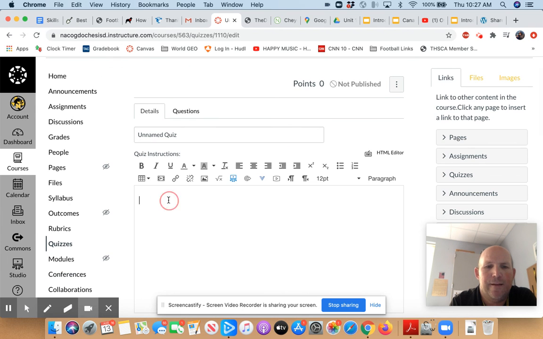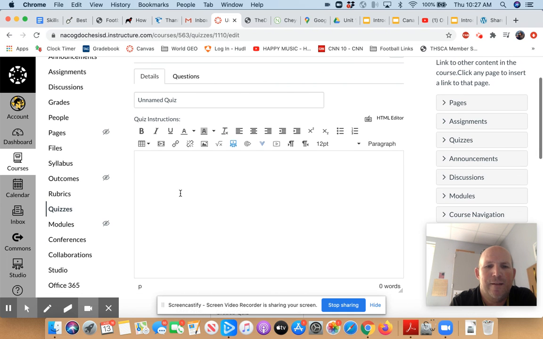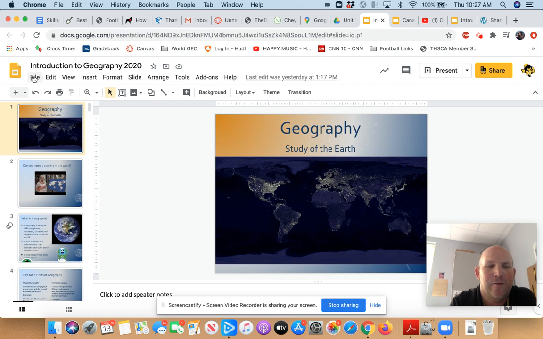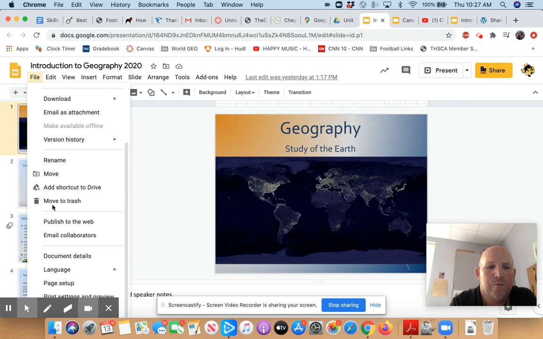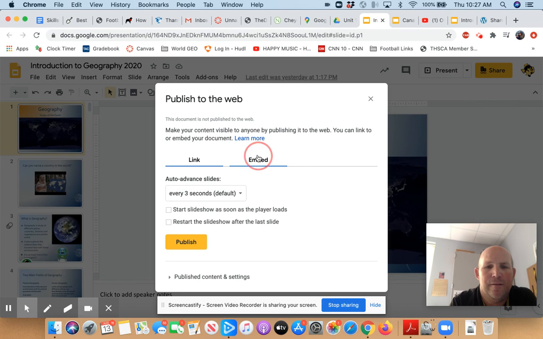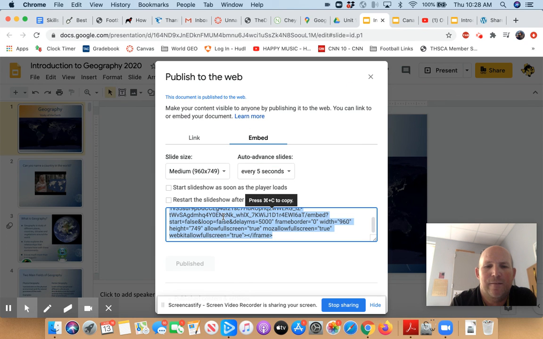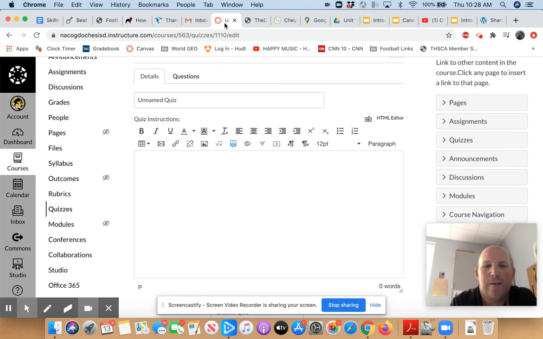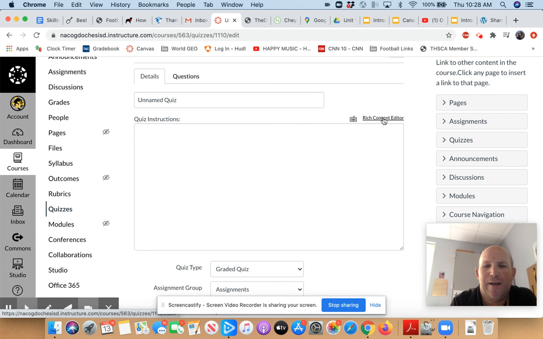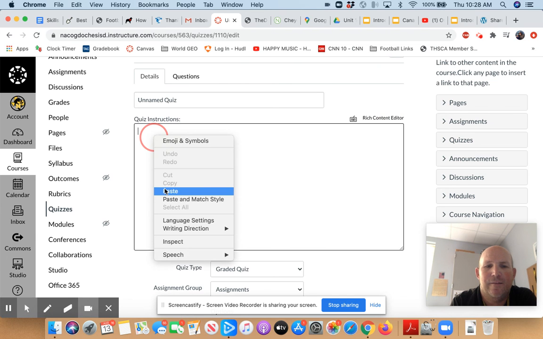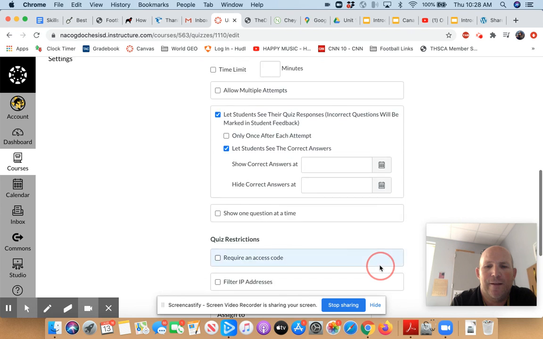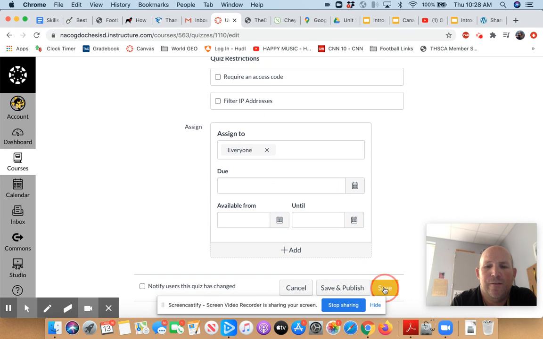If I take anywhere I can have any kind of little text box, if I go to my Google Slides and say I'm going to take this introduction slide I have, I want to go to File, to Publish to Web. You can change your settings here, however long it changes. That doesn't really matter. I'm going to say Publish. It's going to give me OK, and it's going to give me this weird looking thing here, which I'm going to copy. Now, if I go into Canvas, I change this to an HTML editor, and I paste that code in here. When I scroll back down and I tell it to save,